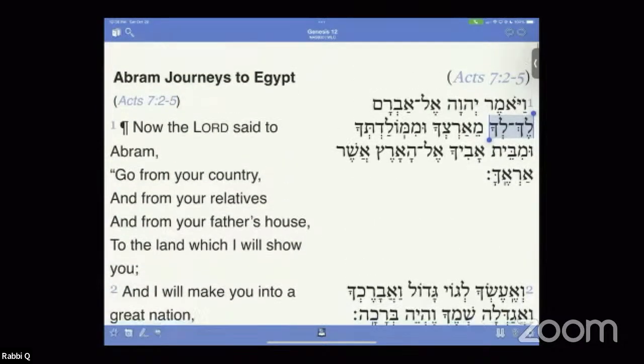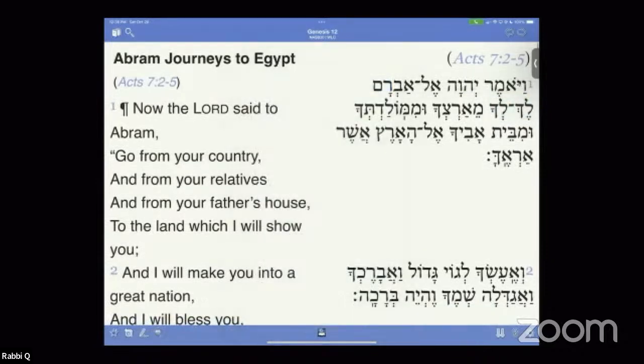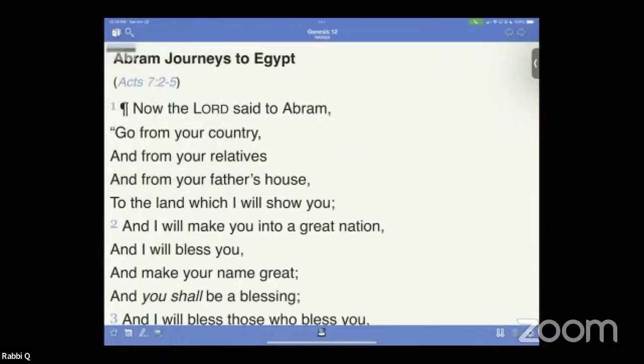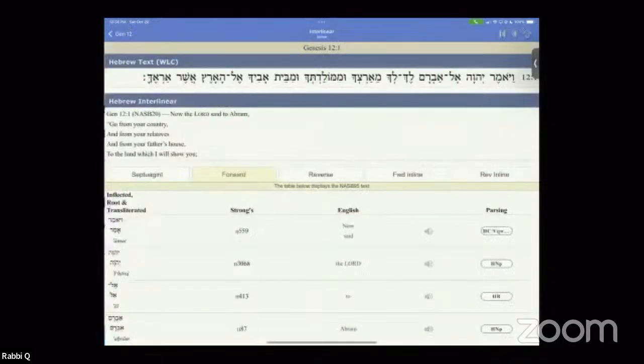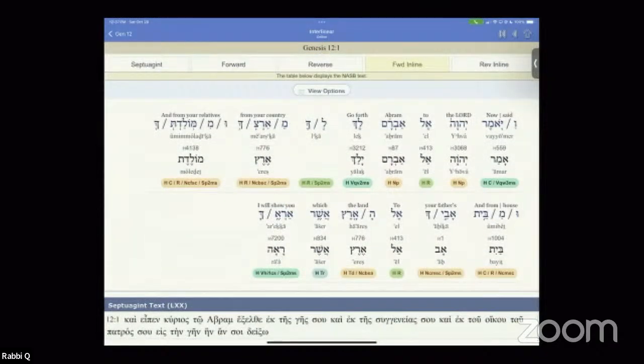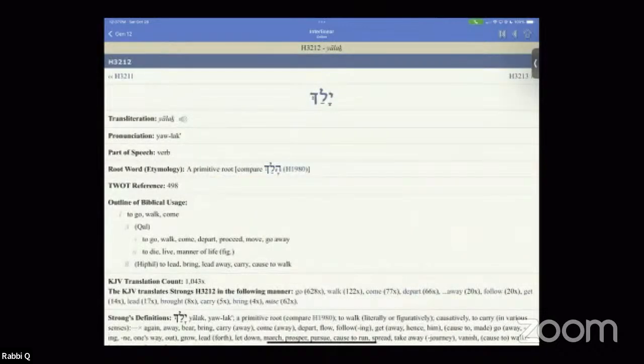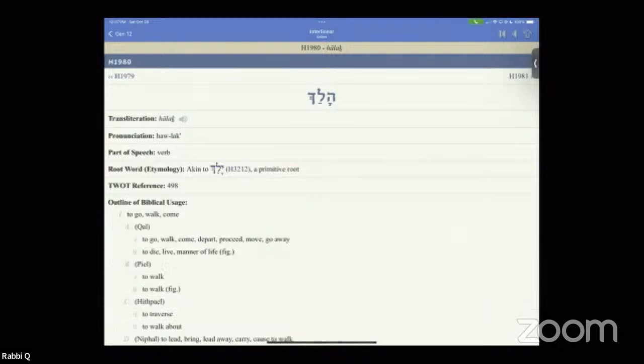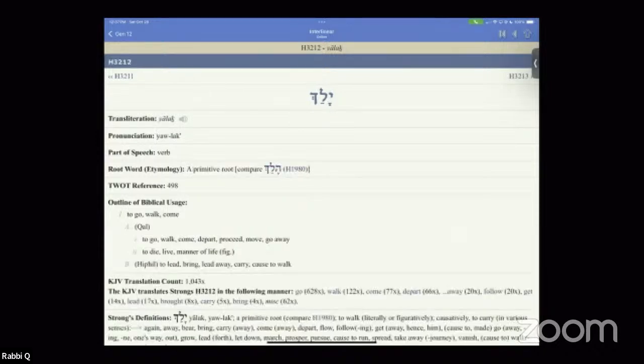All right. So we have Lech Lecha. I'm going to go ahead and close the Westminster Leningrad Codex. We'll just jump into this verse. We'll go into the interlinear, specifically the forward inline. What it says in the English is, "Now said Yahweh to Abraham, go forth." In the Hebrew, it says Lech Lecha. And that is what? To walk, from the Hebrew word halak, to walk. Okay. Now,